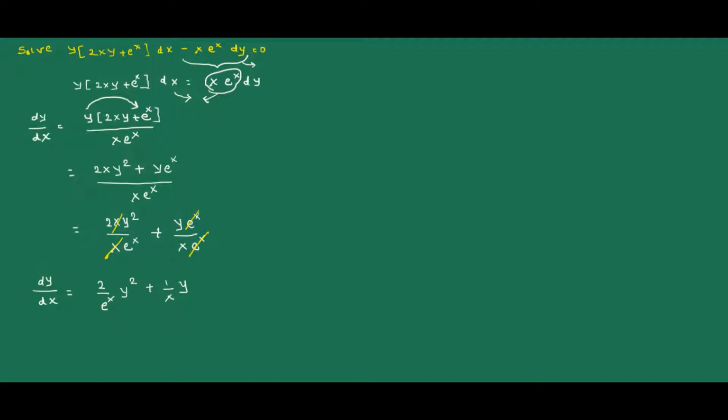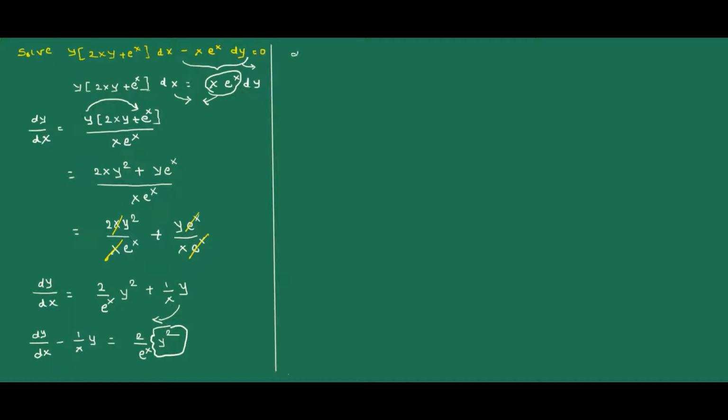Now transpose this 1 by x into y to the left hand side. dy divided by dx minus 1 divided by x into y is equal to 2 divided by e raised to x into y square, which is in the form of dy by dx plus py is equal to q into y raised to n. Therefore p and q are the functions of x, and this is an extra term in the RHS. So dividing throughout by y square,